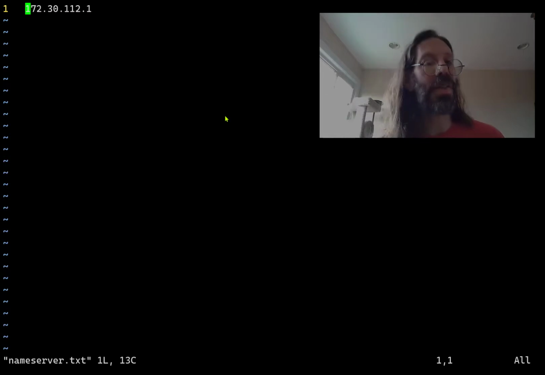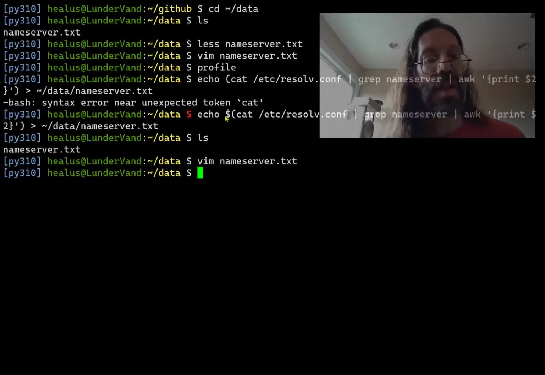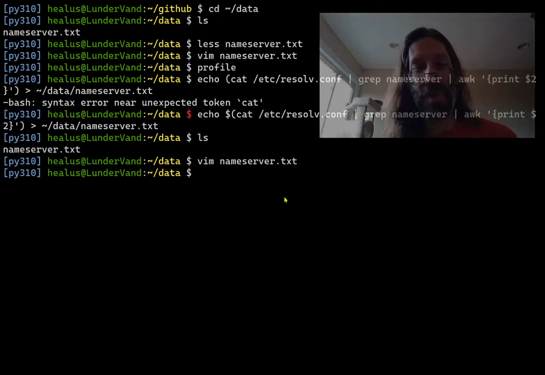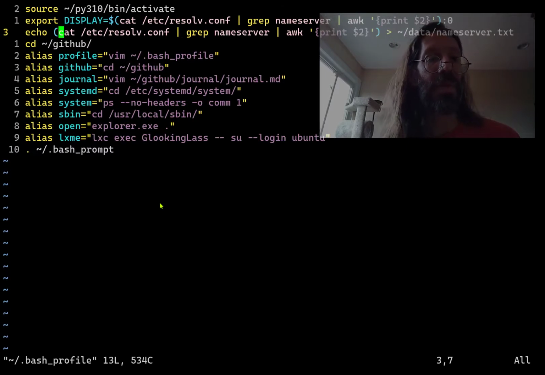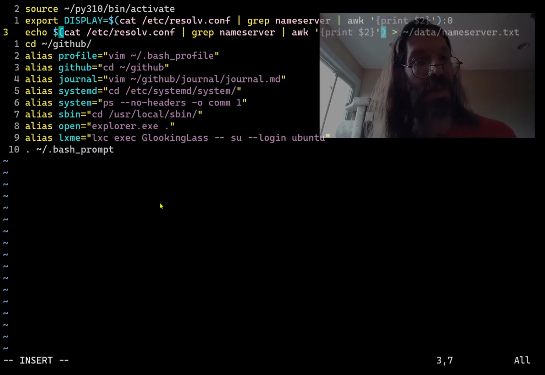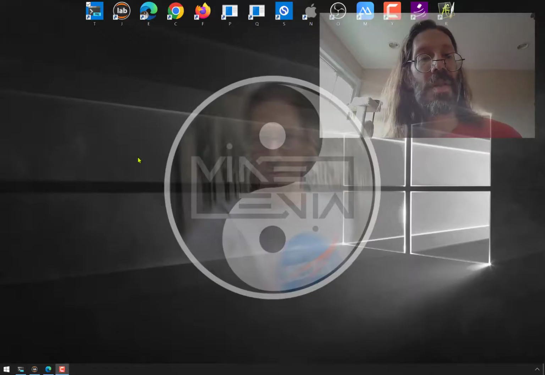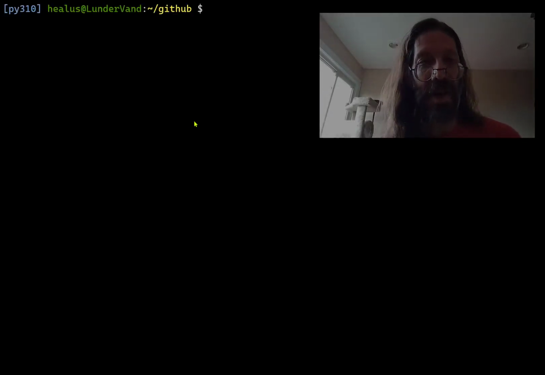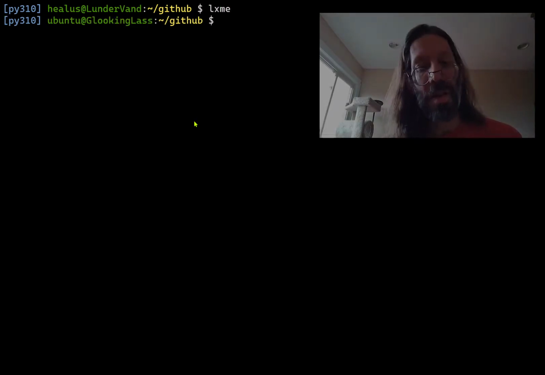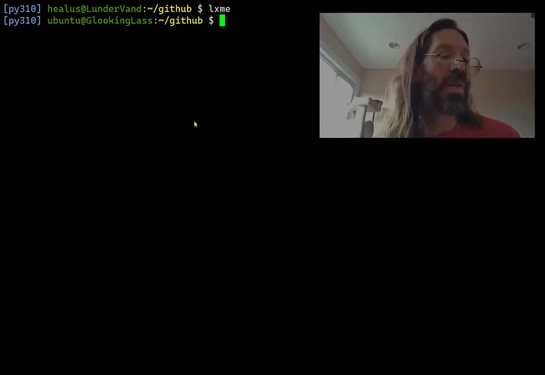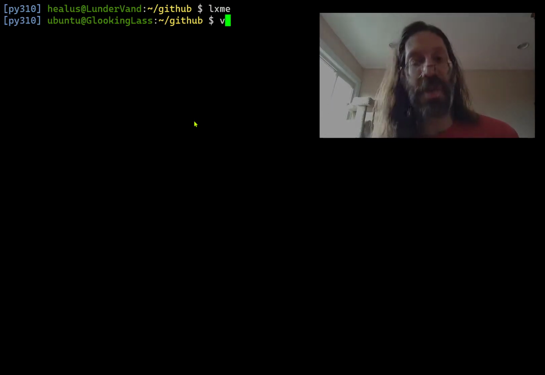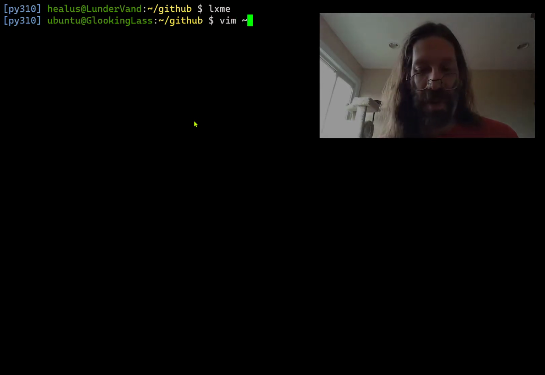Okay. So we have the name server of the parent machine being written into a file, or shortly we will. So all I need to do is put in the $ sign there. Exit. Go back in. No error, so it's going to be putting that there. Now if I go LXME, and then I vim its bash profile,